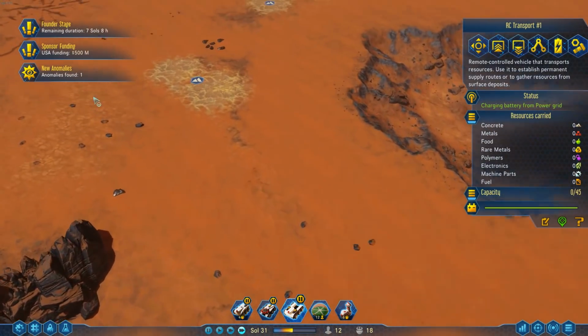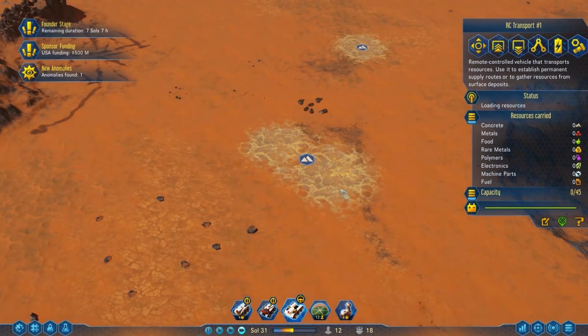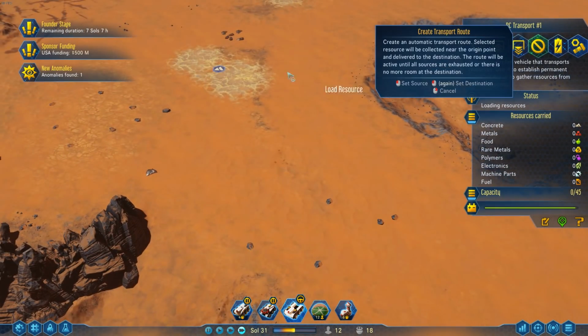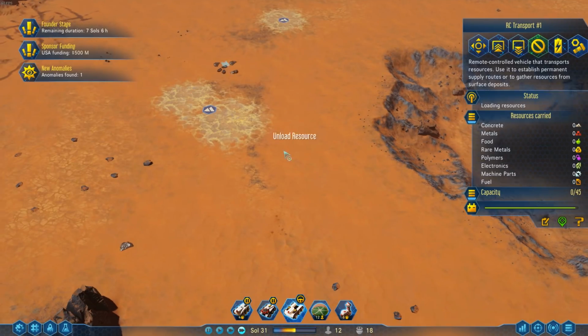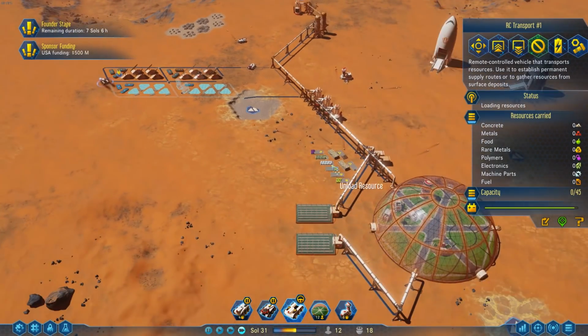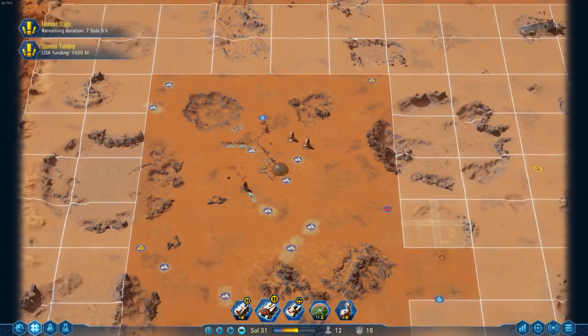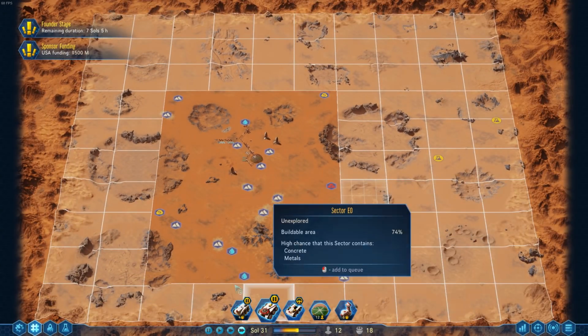Oh, we found a new anomaly. Let's get over here and get some more metal. In fact, see what we'll do. We'll set up a trade route. So, load that and unload it there. You just keep doing that for a little while, buddy. And where's our explorer? You can...